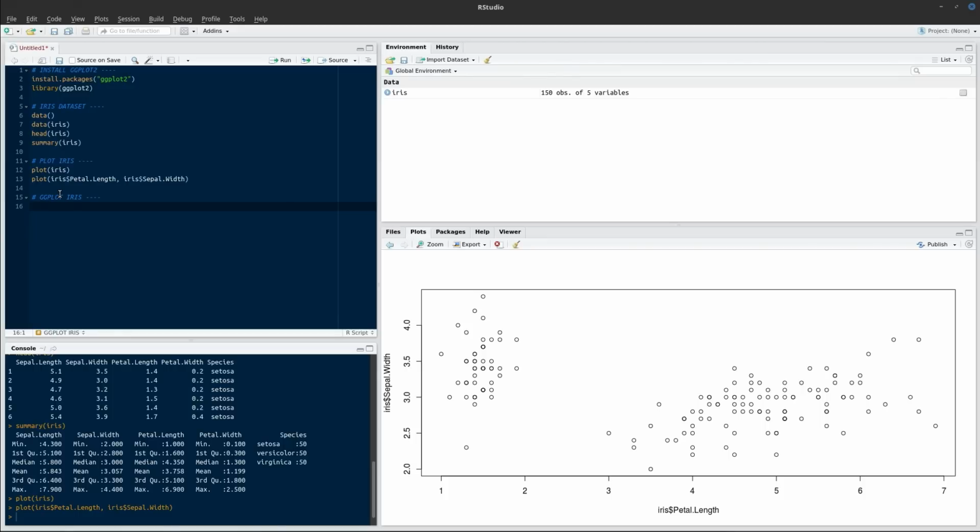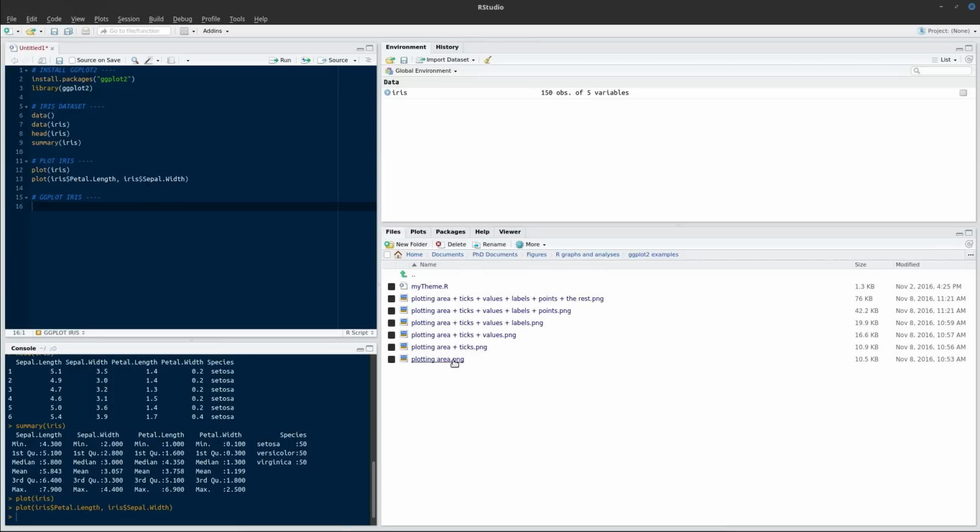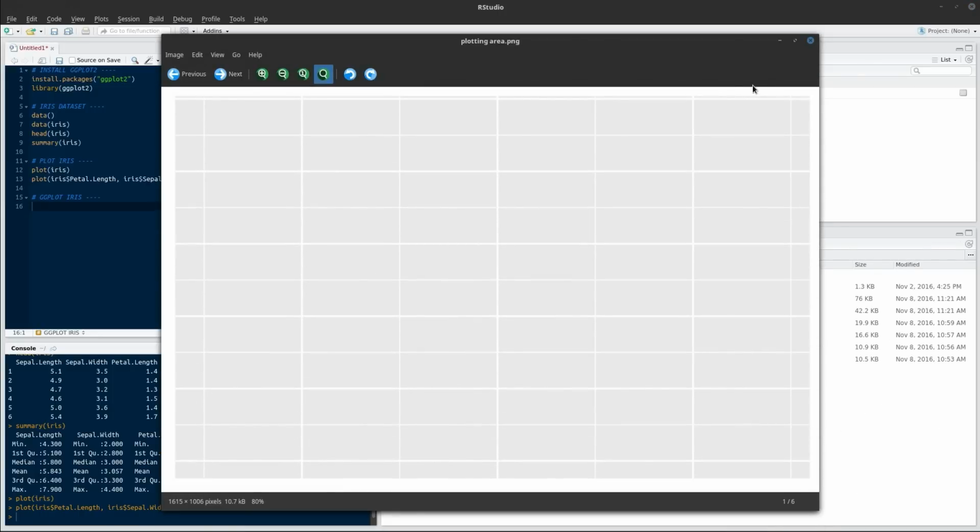So the grammar of graphics is a school of thought that says any graphical representation of data, any plot, any graph, can be produced from a series of layers. So, for example, if we start with a plotting area, so you imagine this is your sheet of graph paper, so at the moment we have just a plotting area where our data will eventually go